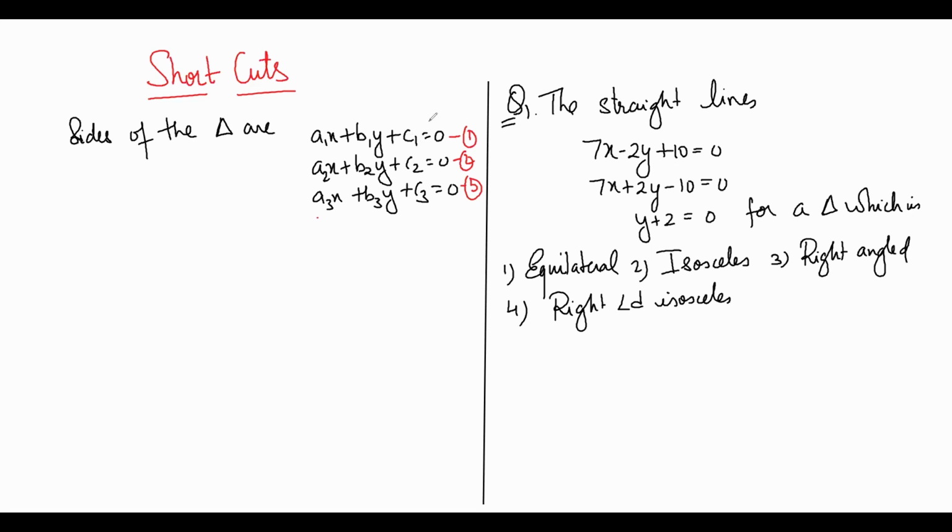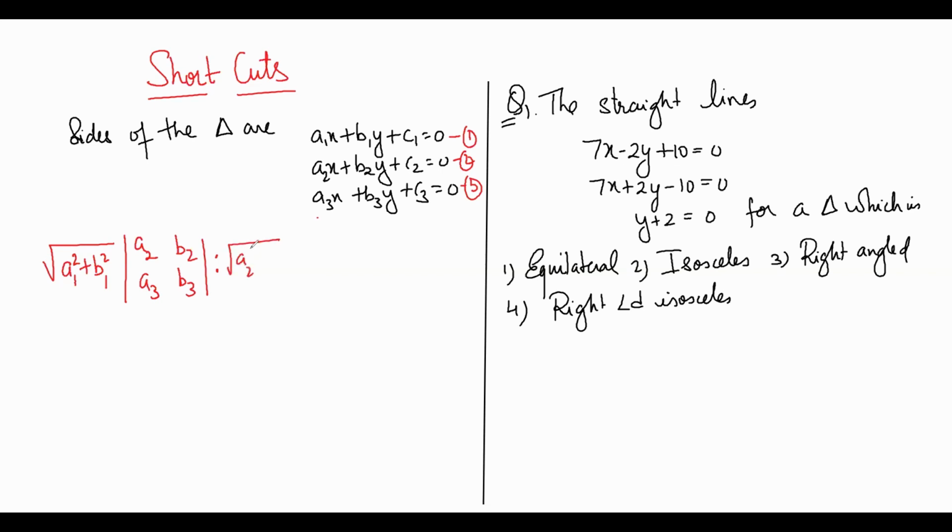But instead of doing this, you just apply this shortcut to find whether the triangle is isosceles or equilateral or scalene or right angled and so on. Now, this is the formula which you are going to apply, and this is very easy to learn. And if you change the order of A2, B2 and A3, B3, then again this will give the correct answer, because we need only magnitude. Therefore, sign doesn't matter here.